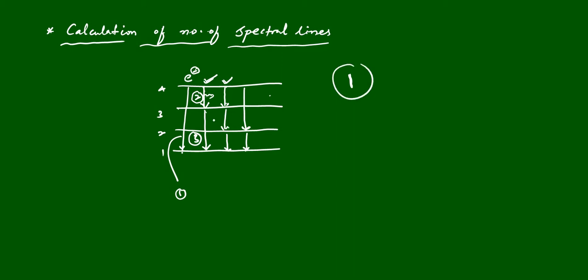Then from here to here, this is radiation 4, and this is radiation 5. Again 4 to 2, this is radiation 6. We have to identify the different possibilities here. Again 2 to 1: 2 to 1 already came here. The fifth line is 2 to 1, and this 2 to 1 line is identical, so these two lines we count as one only. In total, we see that the possibilities are 6.